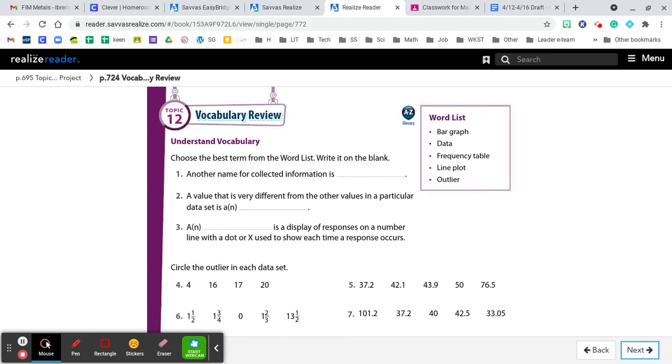Okay, reviewing for the test. Choose the best term from the word list. Write it on the blank. Another name for collected information is, pick a color, data. A value that is very different from the other values in a particular data set is an